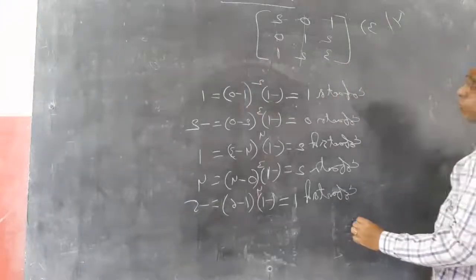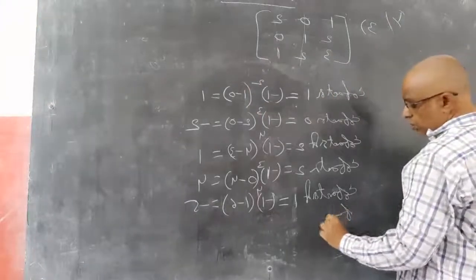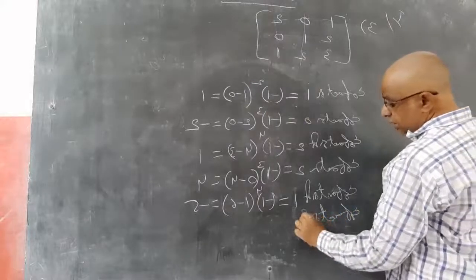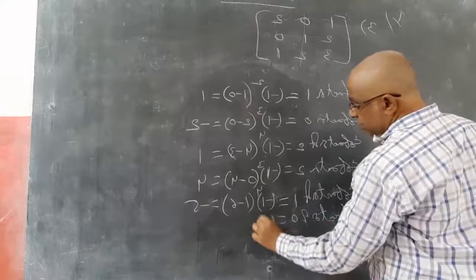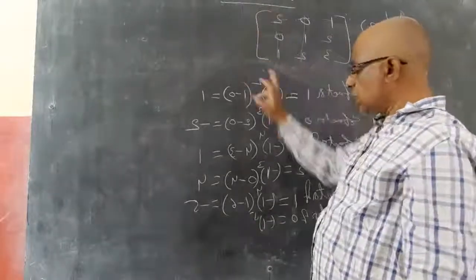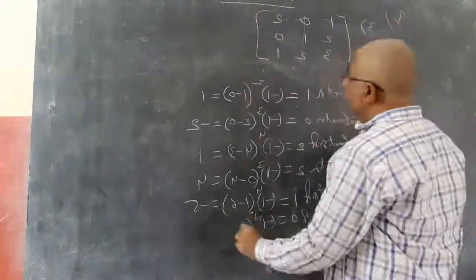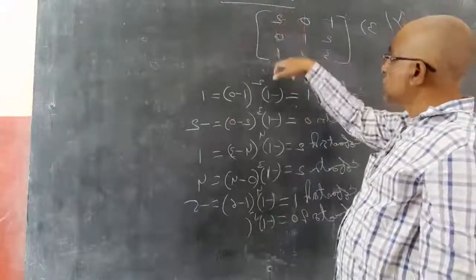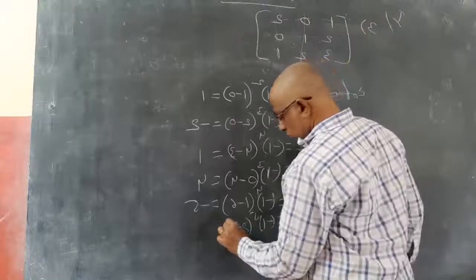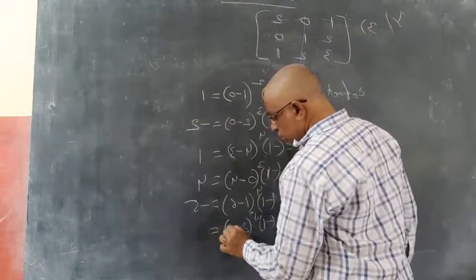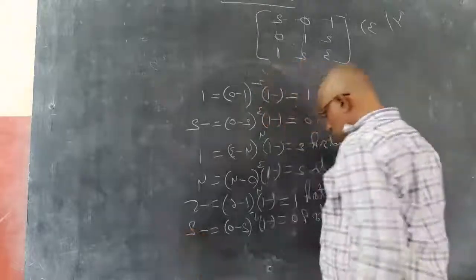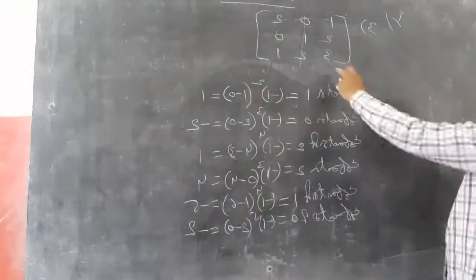Like cofactor of 0 equals, again -1 to the power 5. Again this is second row, third column, 3 plus 2, 5, into closing this row and this column. Left out is 2 minus 0. So it becomes -1 into 2, 2 minus 0 is 2, into -1, minus 2.